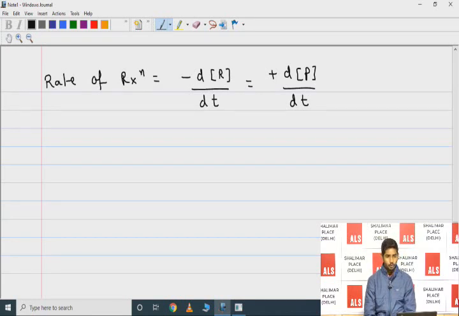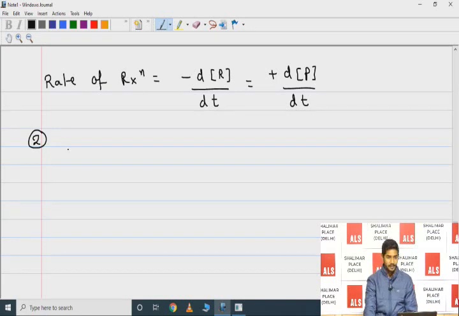Okay. So this is absolutely true that as the amount of reactant is decreased, with the same rate the amount of product will be formed. So it is just saying that the rate by which reactant is getting decreased, with the same rate the product will be formed. Okay. So this is absolutely true. Now